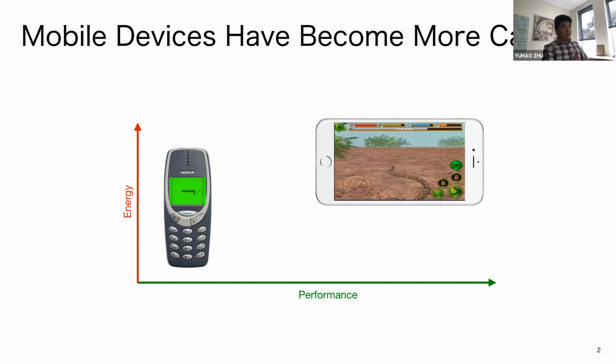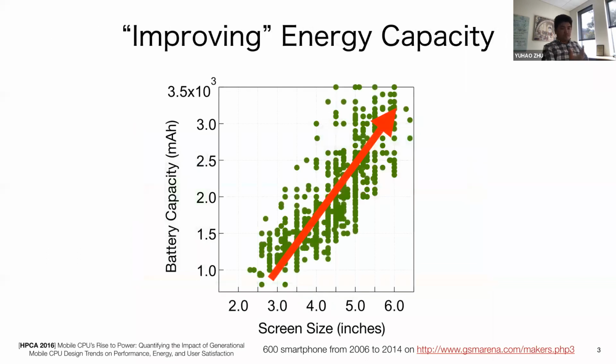But the flip side is that the energy consumption has also been increasing. So if you only had to charge your phone every 3 days back in 2000, well, you probably have to charge your phone 3 times a day. That's just an indication of the increase of energy consumption. The problem with this is that the battery density is not improving. And so the only way of improving the total energy capacity is to increase the form factor, is to increase the size.